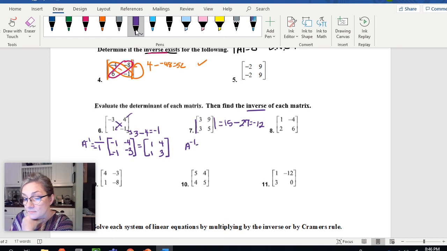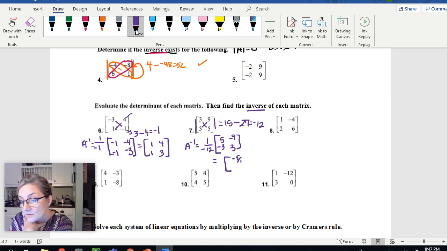The inverse of it is equal to 1 over negative 12. See, this one makes a bigger deal. The 12 is on the bottom. And then I'm going to have the matrix of these two swapped, 5, 3, and these two negated, negative 3, negative 9. Okay, so if I multiply through, that would give me